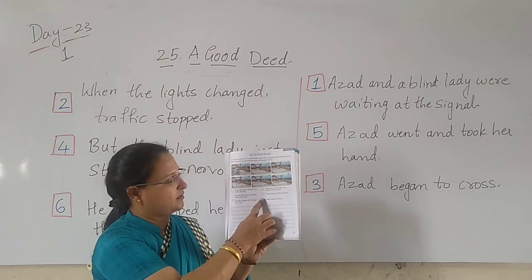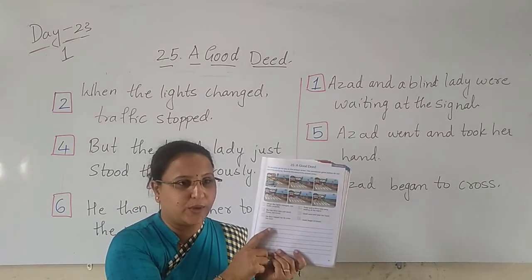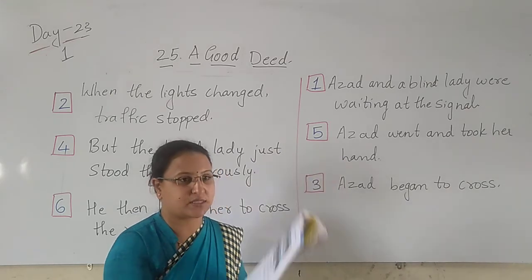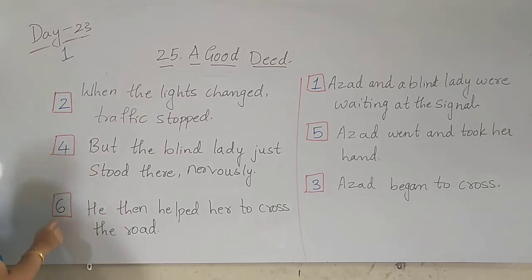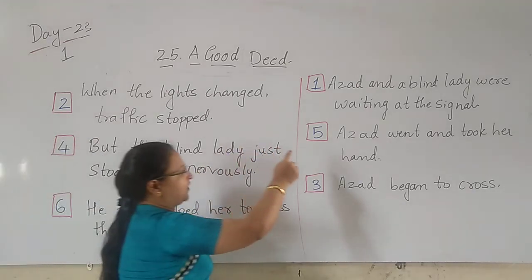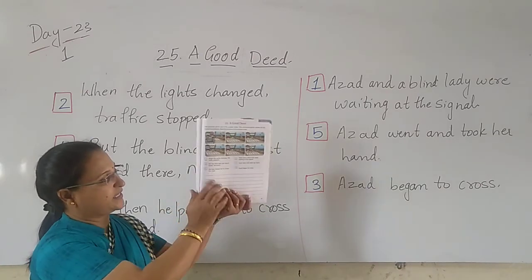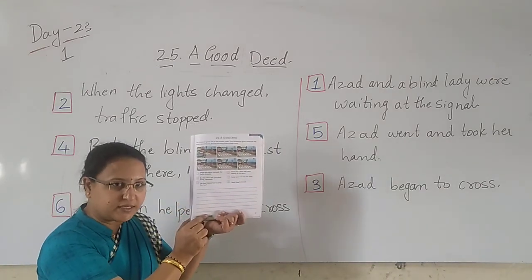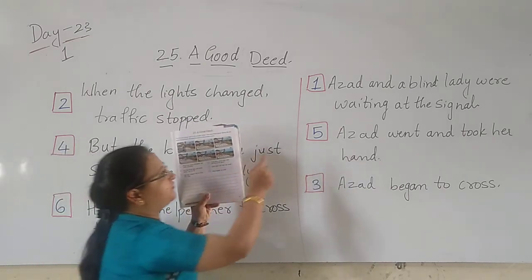Yes or no here? Now your homework is that you have to write these sentences according to the numbers written in the box. The numbers in this box are now 2, 4, 6, 1, 5, 3. So now down here they have given lines, children. You can see lines are given here. Yes or no? So first you have to write the first sentence.